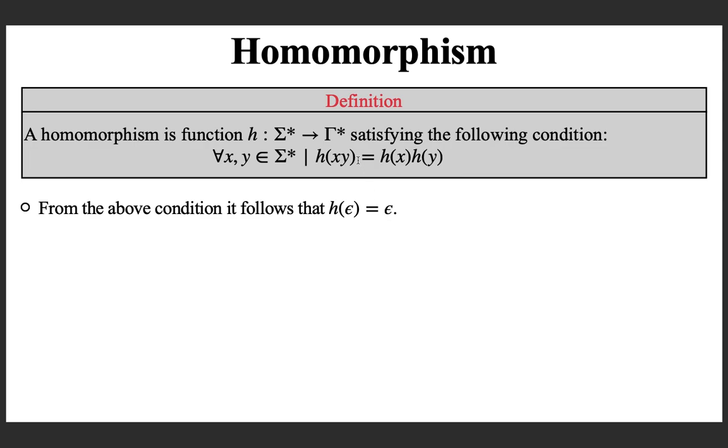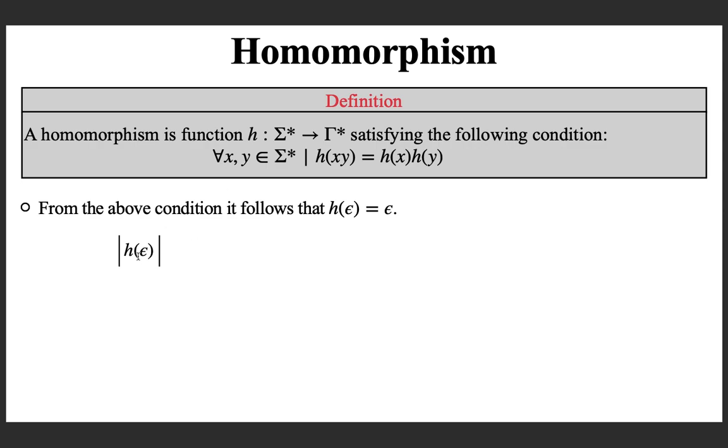You may wonder what this property tells us. We can say, if you want to look at the length of the string, the homomorphic image of epsilon, where epsilon is taken from sigma star, then what is the string in gamma star to which epsilon is mapped? Note that regardless of the alphabet sets, epsilon is the null string in both alphabet sets. So I am claiming that the null string of the first alphabet set must be mapped to the null string of the second alphabet set for any homomorphism.